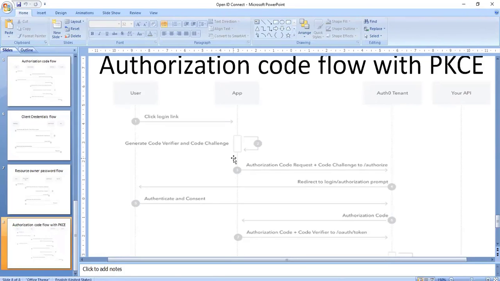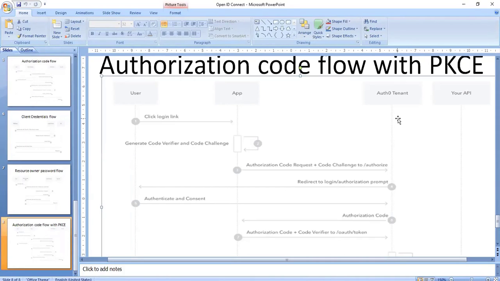Now we will come back to this flow. Once it reaches the application, it will generate a code verifier and code challenge inside the application itself. Once it is generated, the authorization code request plus the code challenge will be sent to the Okta tenant.